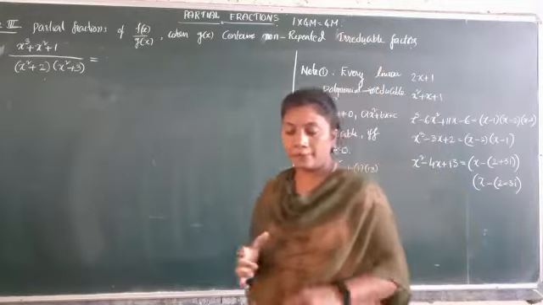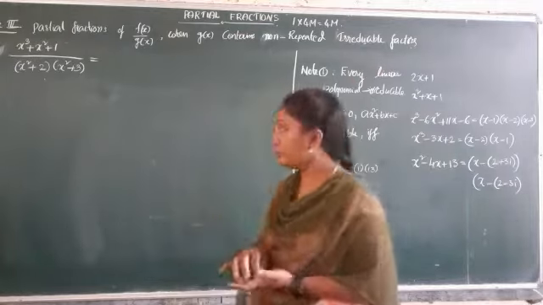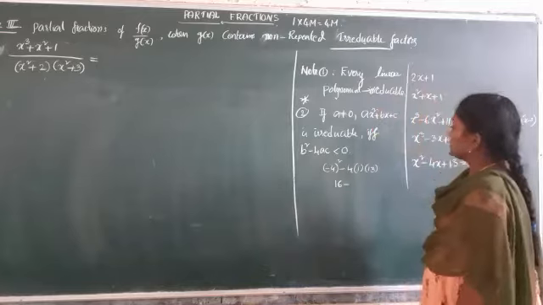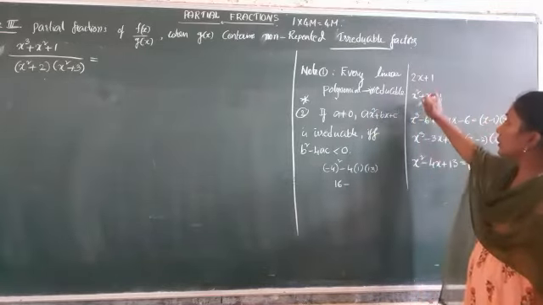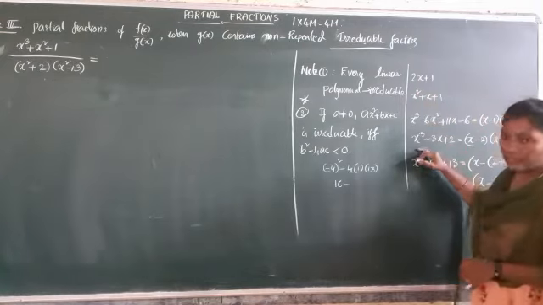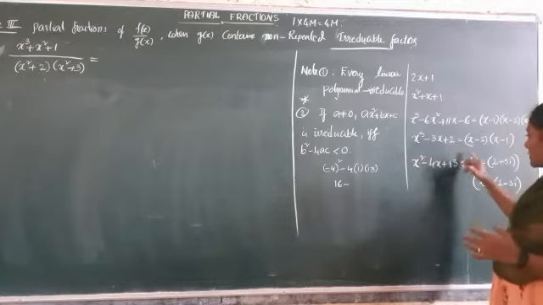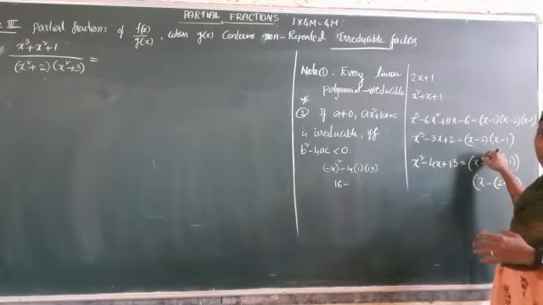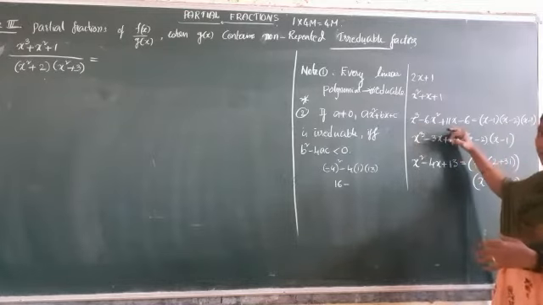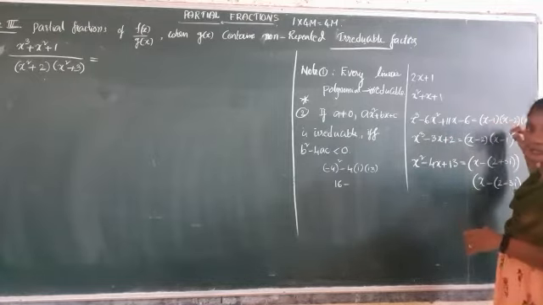What is meant by irreducible and reducible? This is the important point here. Let us see some examples. 2x plus 1, we cannot split. But x cube minus 3x plus 2, we can split into factors, right? x minus 2 into x minus 1. Yes. You see this cubic expression, this can also split into x minus 1 into x minus 2 into x minus 3.